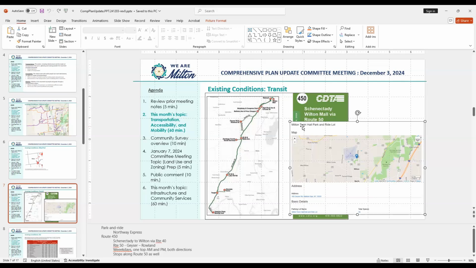But what I'm getting at is that when we look to the state for funding, the longer that our infrastructure deteriorates, which it is every single year, the more money is going to be put to that and not new projects, new things that we want to ask the state for money for.